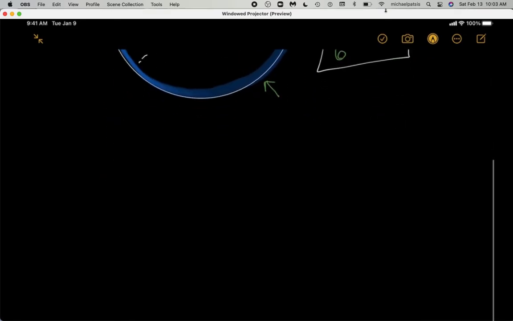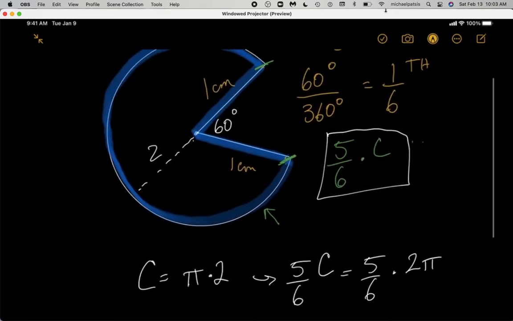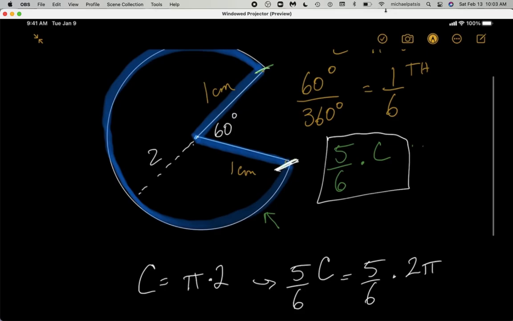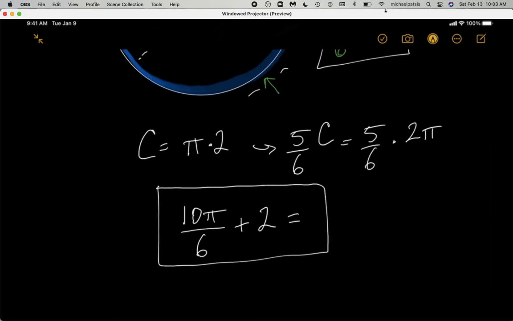So the circumference is going to equal pi times 2. And if we do 5/6 of the circumference, it's going to be 5/6 times 2 pi. So that's going to give you 10 pi over 6. So that represents the blue from here all the way around to the other side to there. But it doesn't include the 2 radii. No problem. Just add those. And we're done. So this is the total perimeter of the